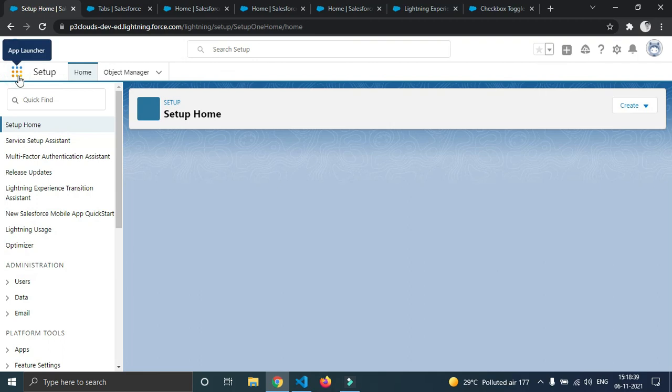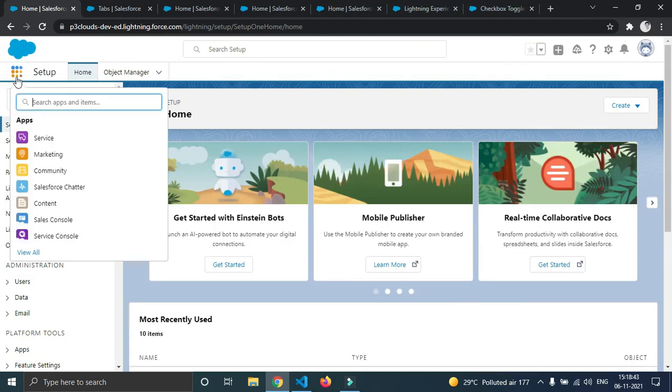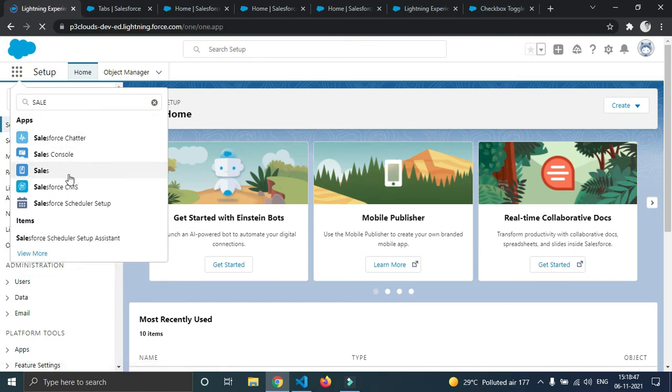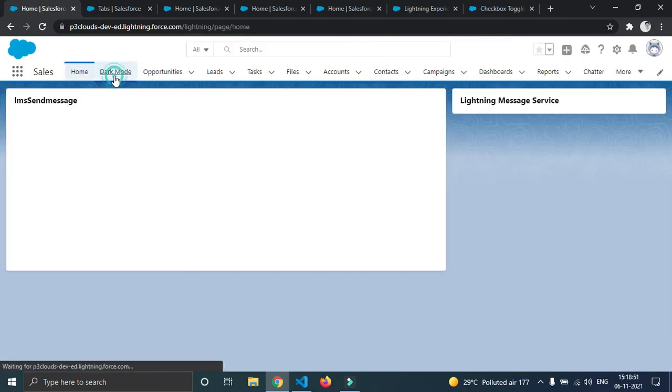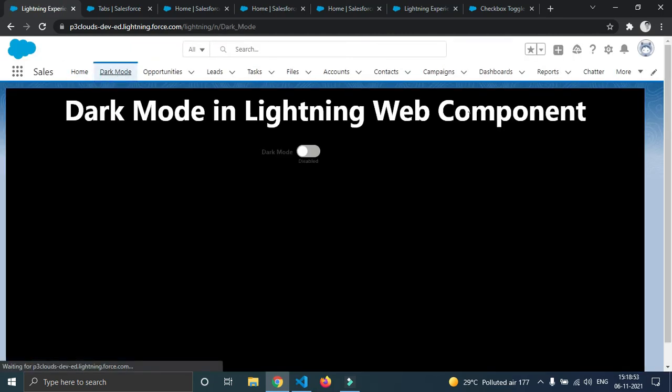And if I navigate to the sales app, and I go to the dark mode tab, see, it has actually saved the last setting. The only thing we need to take care of is that this checkbox is by default rendering as unchecked,